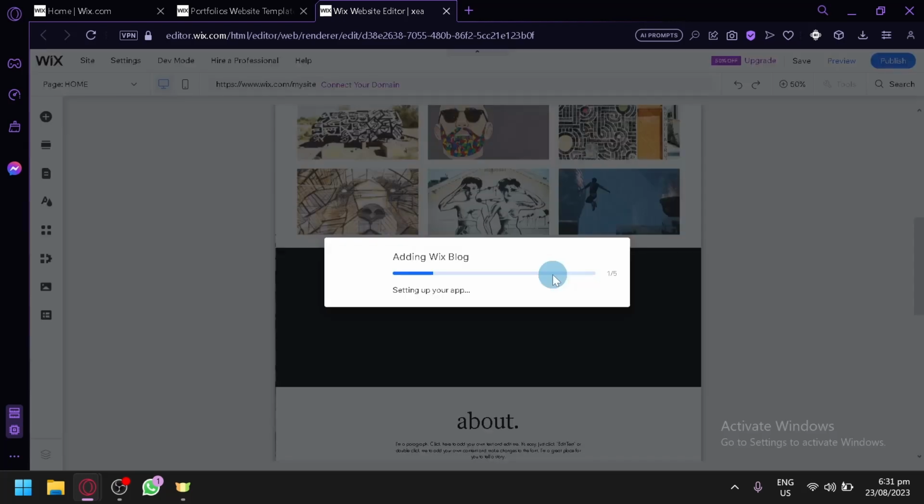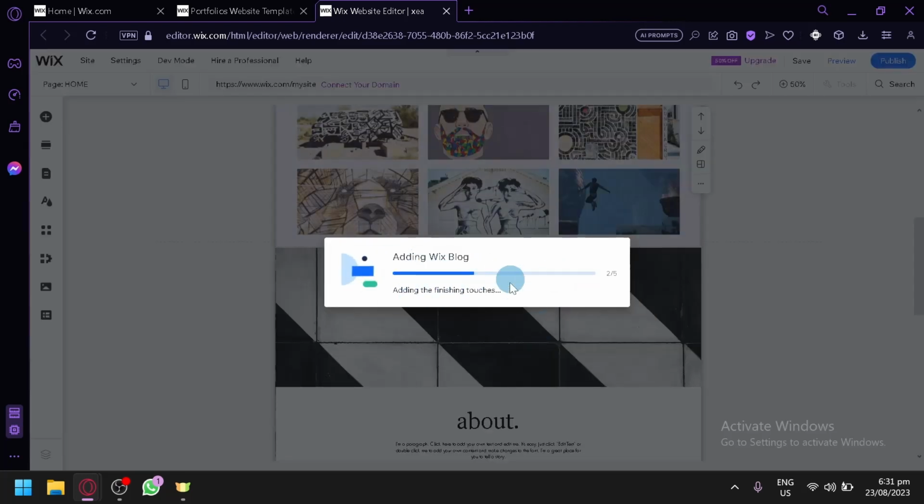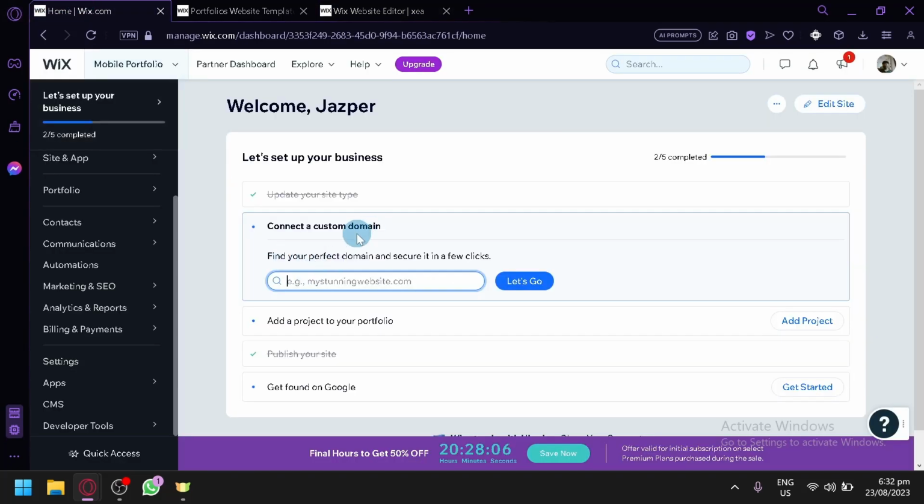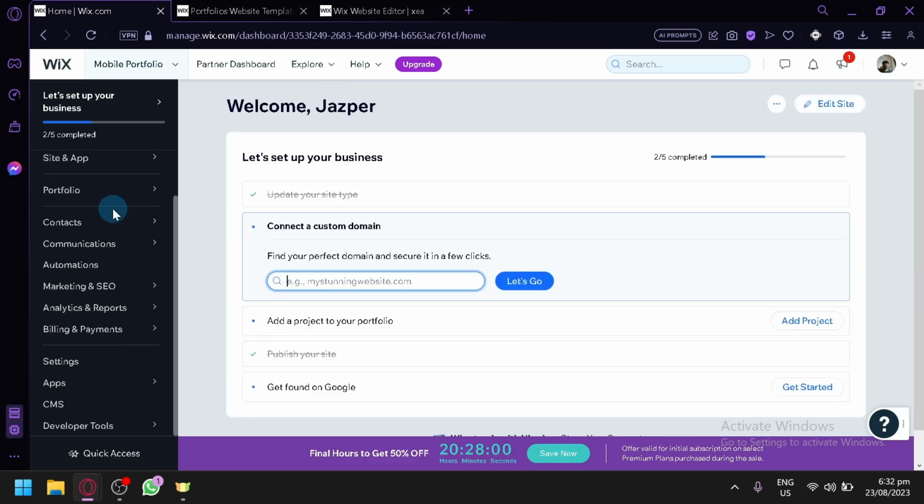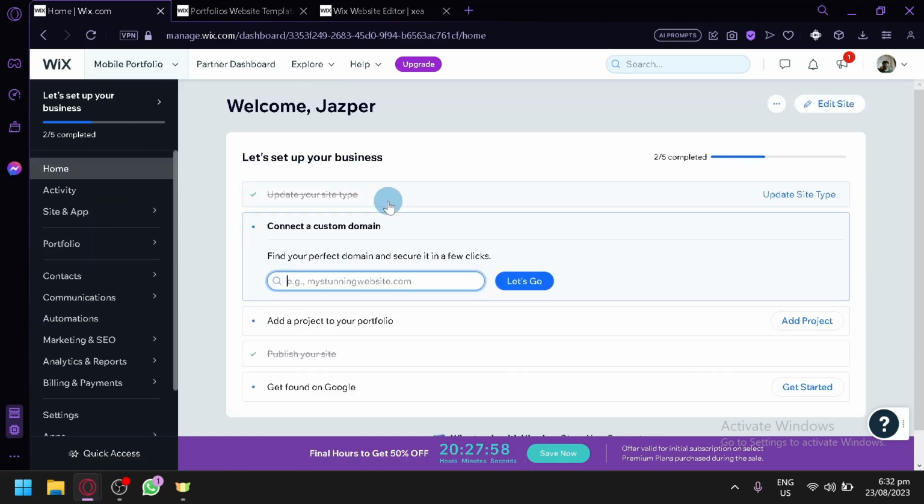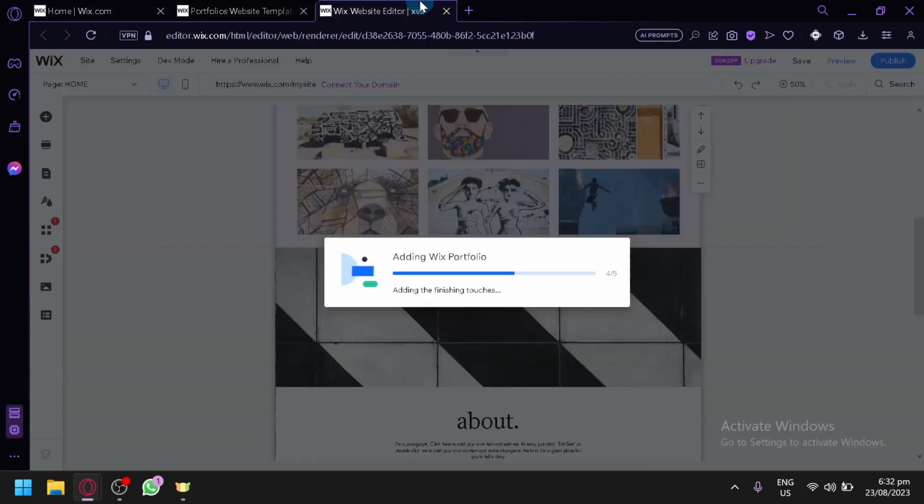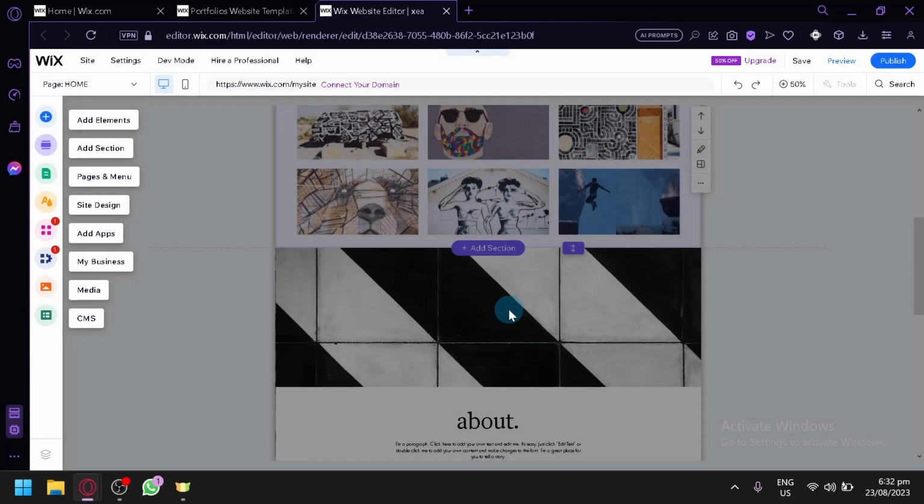As you can see, there are different parts, and it is currently adding different touches or the different settings. So let's give it a bit of time before we will be able to actually edit it. And as you can see here, this is where you will be able to add your domain as well, and you will be able to publish it. And if you want to edit the different information with more details, you will be able to find it in the dashboard. But let's focus on our front end for now and show you how you will be able to